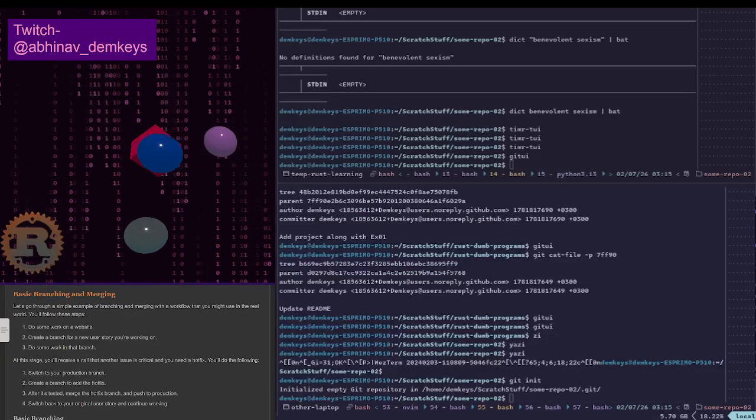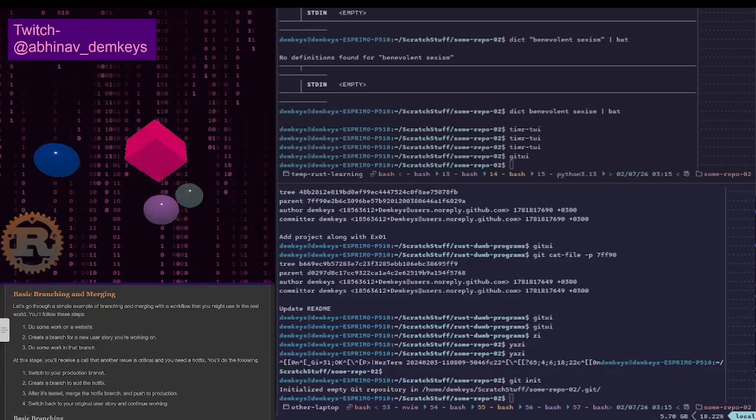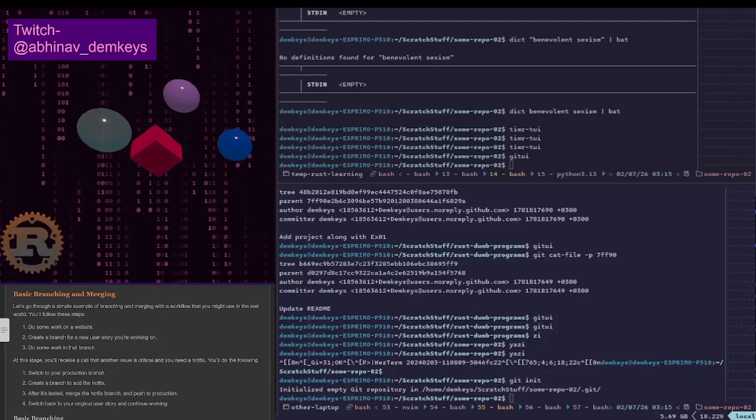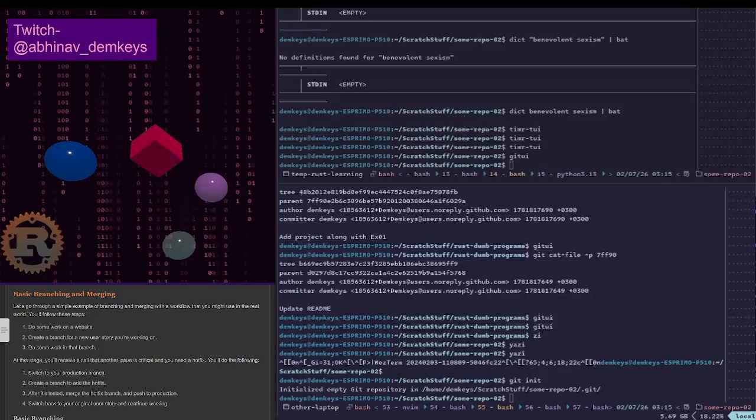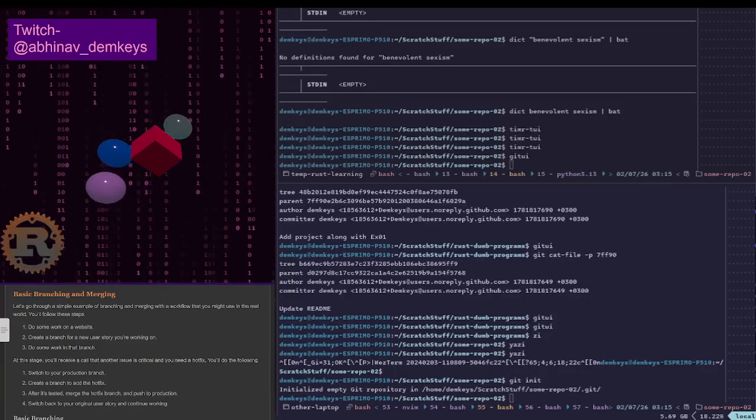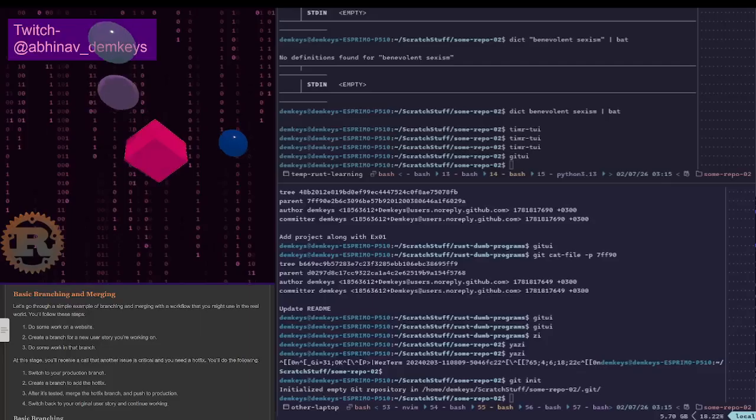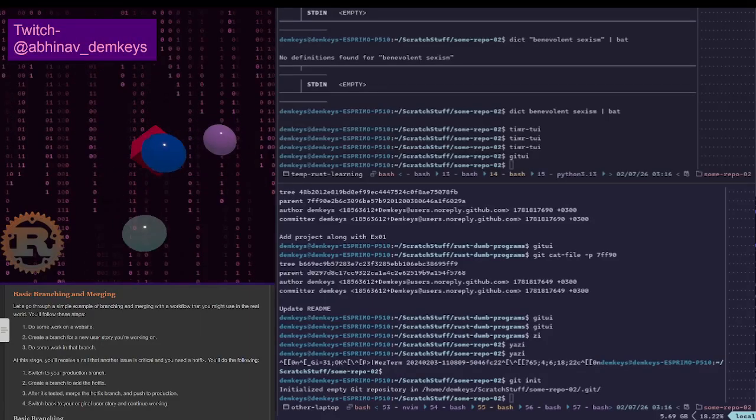Okay, let's open up Git UI here. Did that finish loading? No, it's still loading. So I'm just going to close this and try to reopen it.